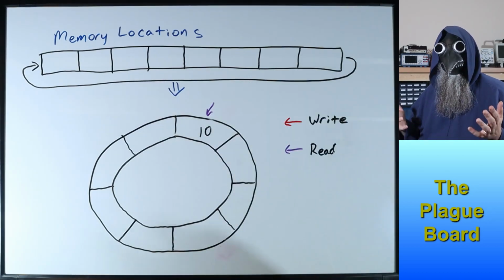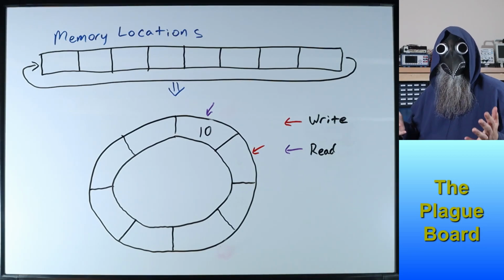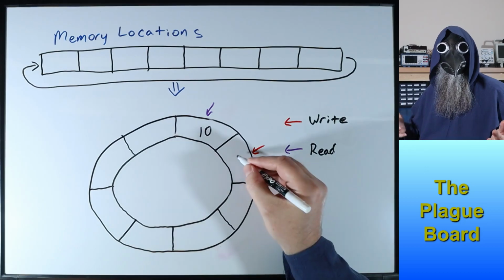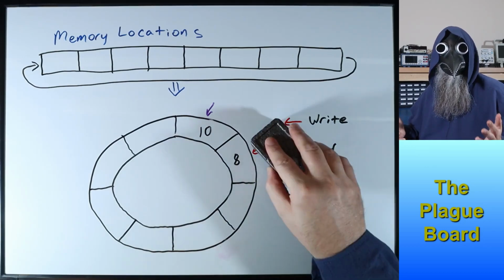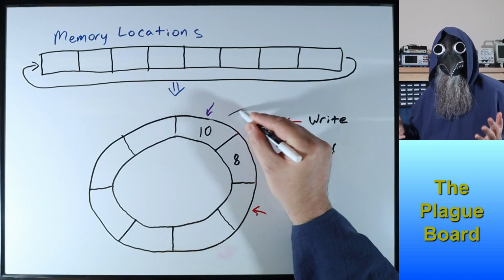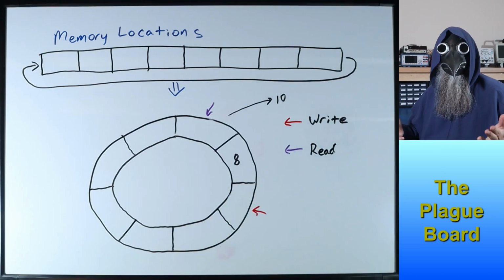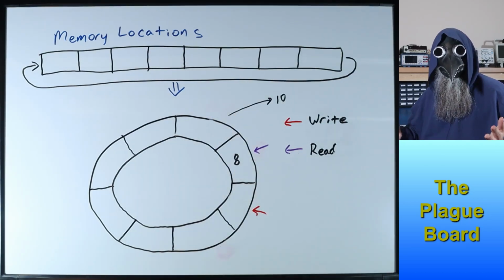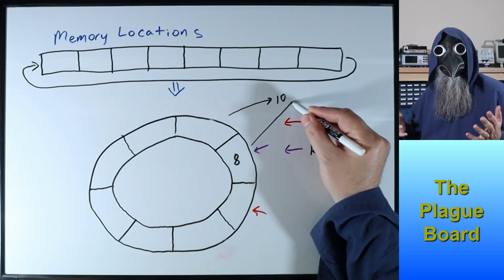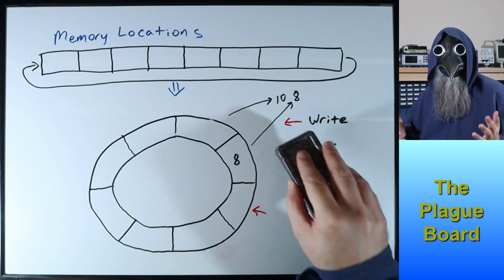Then, we move the write index to the next location. Now, let's say we want to store the number 8 into the buffer, so we do the same thing. Put it where the write index is pointing, and move that index ahead. Now, if we want to remove a byte of data from the buffer, we simply take the byte from where the read index is pointing, and we move the read index ahead. There is still 1 more byte of data in the buffer, so we could do the same thing to read that last byte.